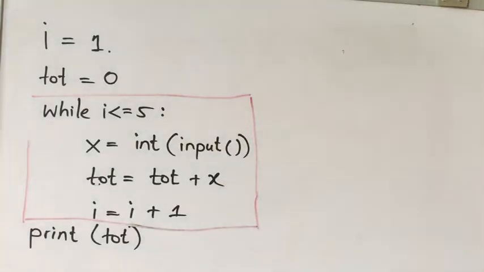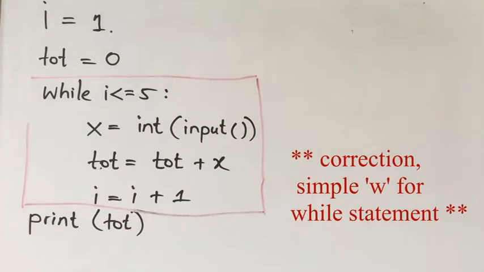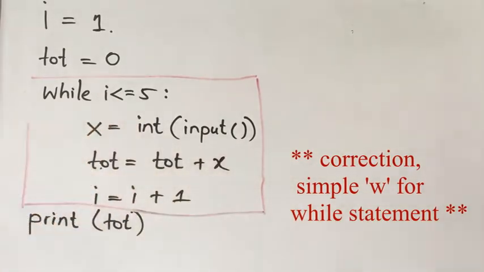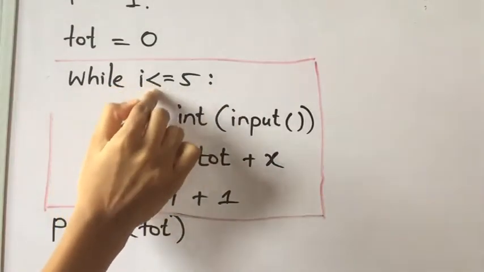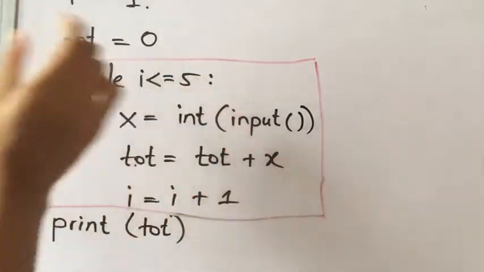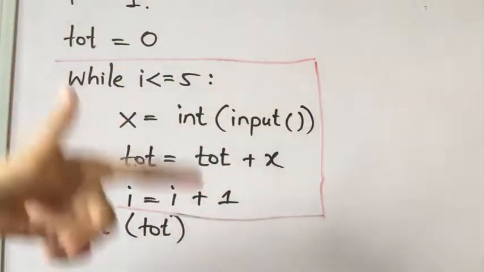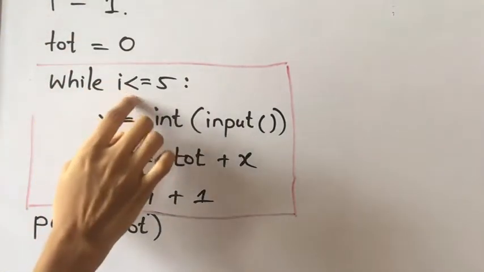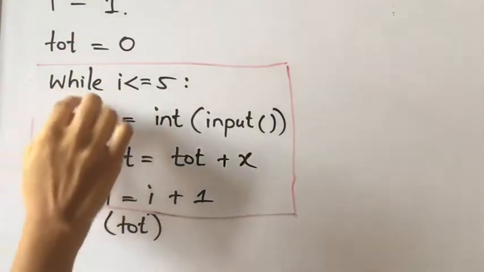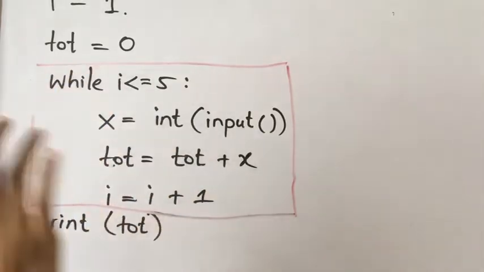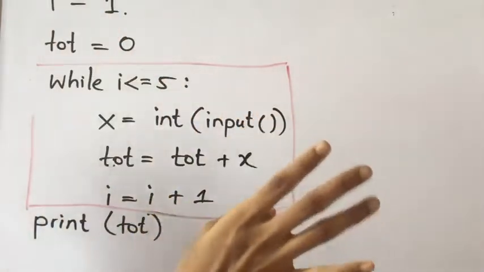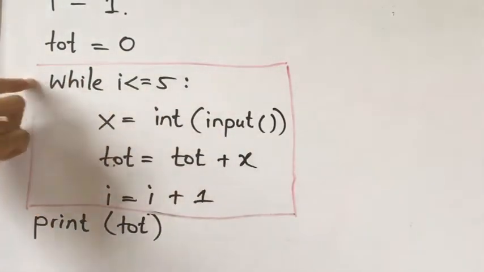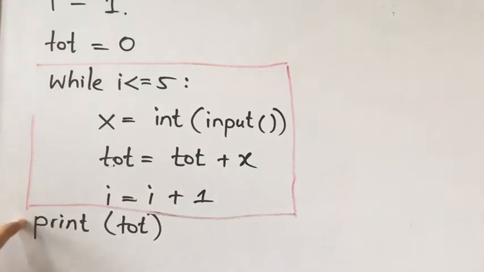As you can see here, there is a new word called while, and this is a condition. I less than or equal to 5, that is a condition. It will return true or false. This is like a loop. As long as this condition is true, it will keep on running the same code again and again. That is what basically while loop means. So when the condition becomes false, it will break from this loop and go to the next line.